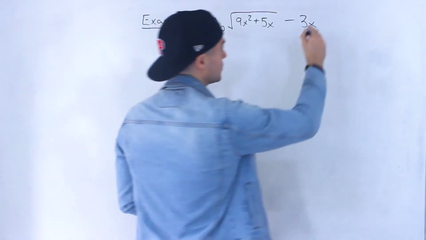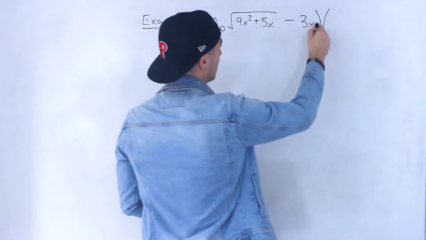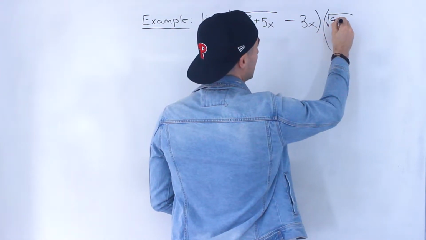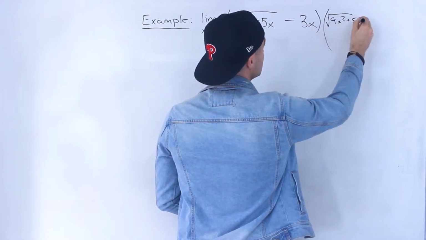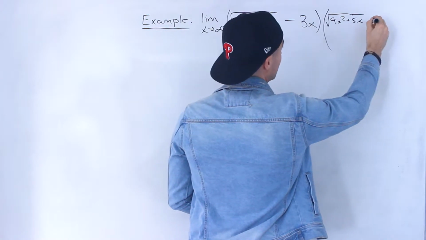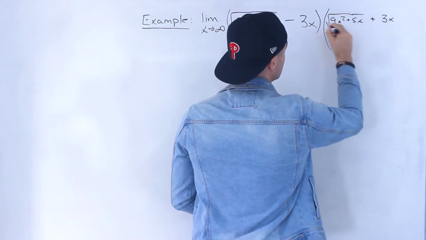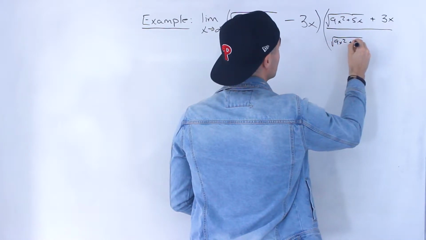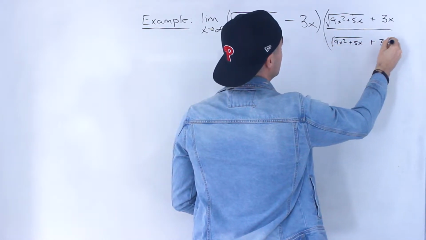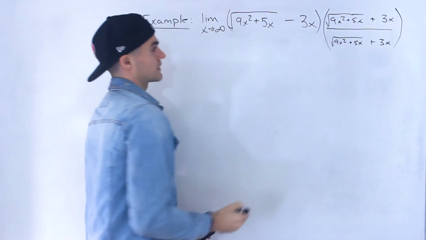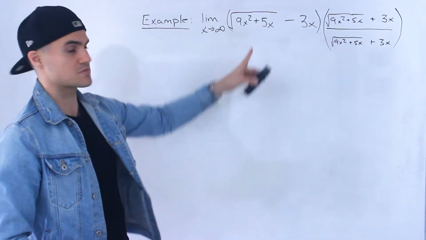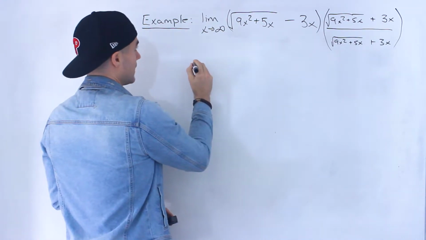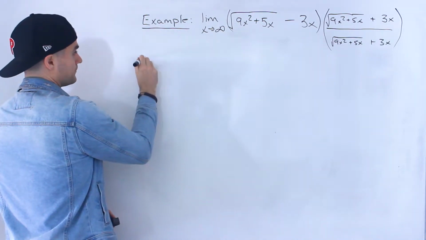So what we would do is multiply this by its conjugate. So it's going to be the square root of 9x squared plus 5x, but then this middle sign we're going to change to a positive, all over the square root of 9x squared plus 5x plus 3x, like that. So it's like we're taking this expression and multiplying it by 1. And so what's going to happen now, let's actually write it over here,